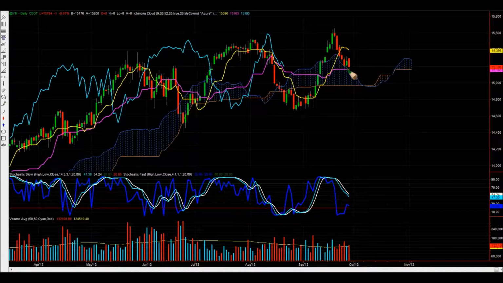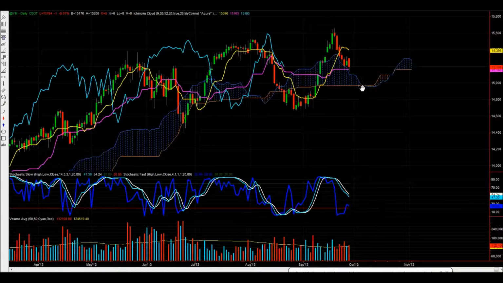Another thing that I'm looking at here is the lagging line above the cloud, which is a positive, and these two lines are above each other, but they're starting to go sideways. So you can see this is essentially a range bound or sideways market. You want to see these more sloping higher, and you want to see the lagging line pushing up, also sloping higher. At this point in time, it looks like it's just trying to bottom. But having said that, I'm more bullish than bearish on this market while we're above this cloud,